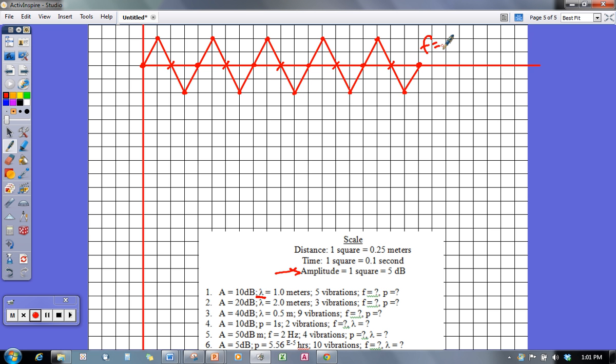10 squares. Why? Because it's 0.1 of a second each square. It's 1/10 of a second, so it's going to take 10 squares to equal 1 second, right? Yes. Okay, so that means that we are going to draw